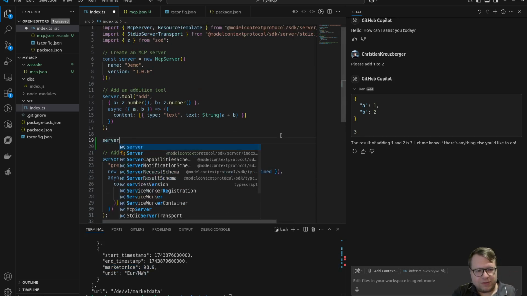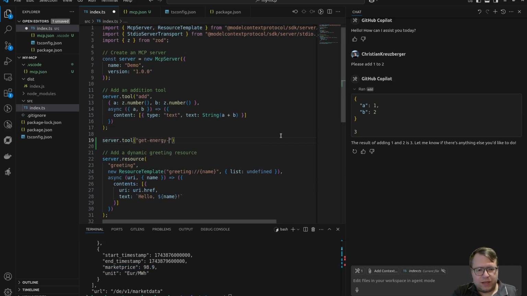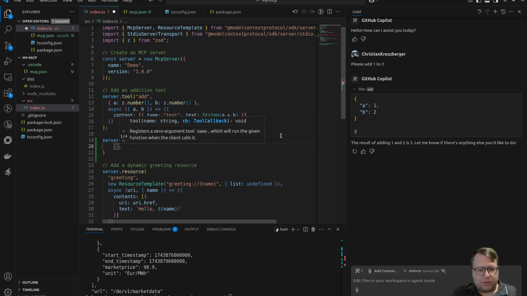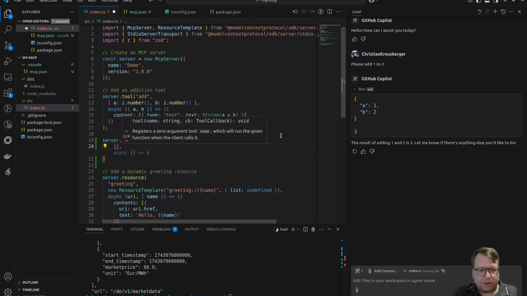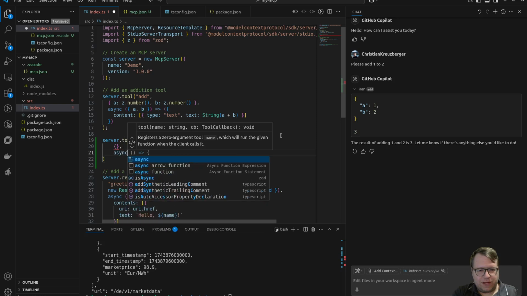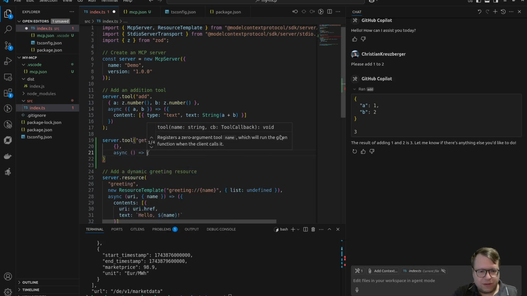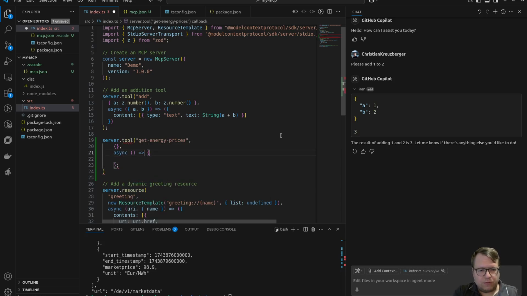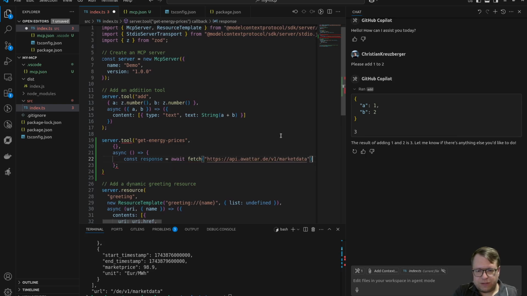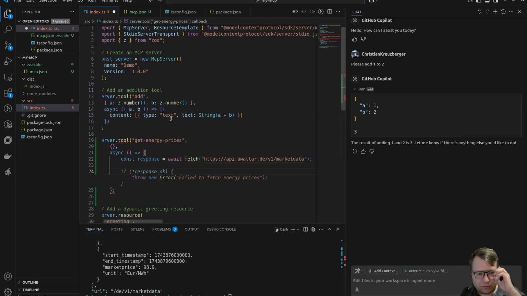I'm just gonna say server tool get energy prices. I don't need a parameter right now, so I will leave this second row empty, and then I will start with an async, no parameters. And you know what? Let's just say we will do a response. So we will await fetch this one, market data, right? And we need to return